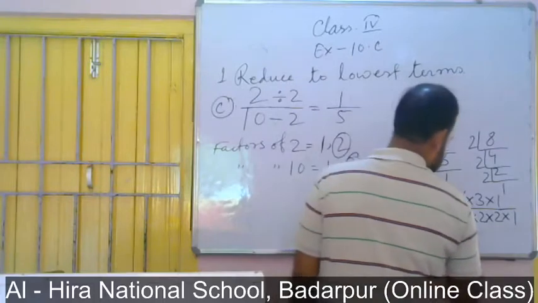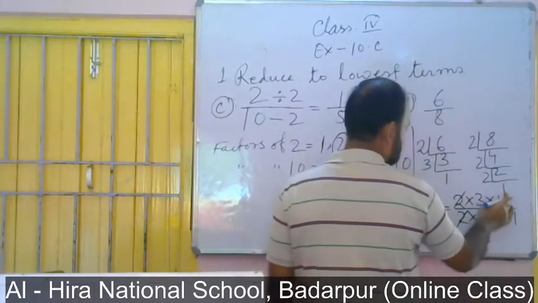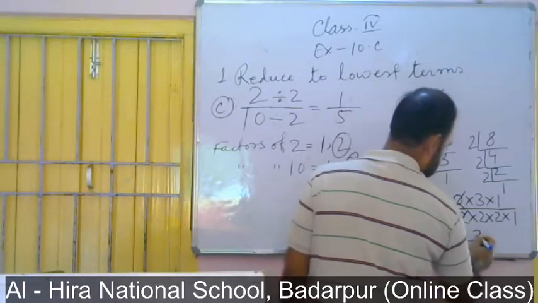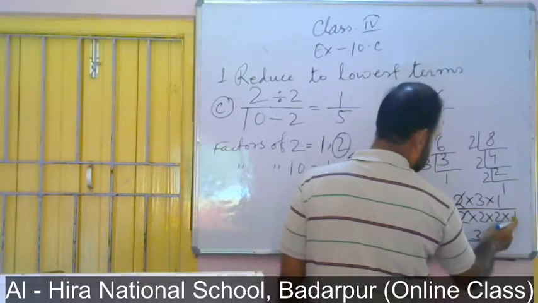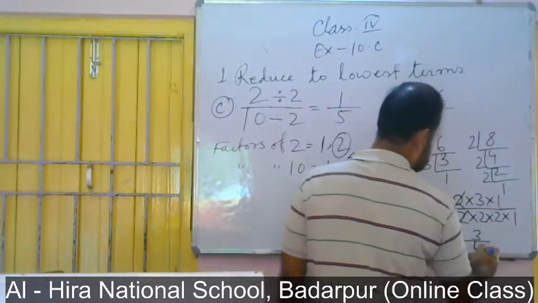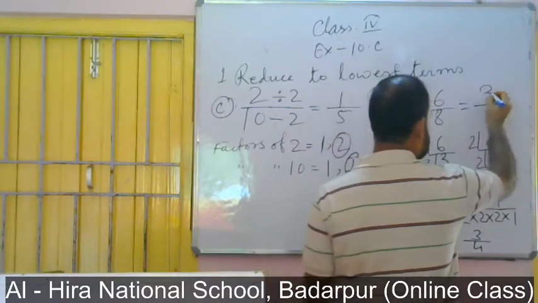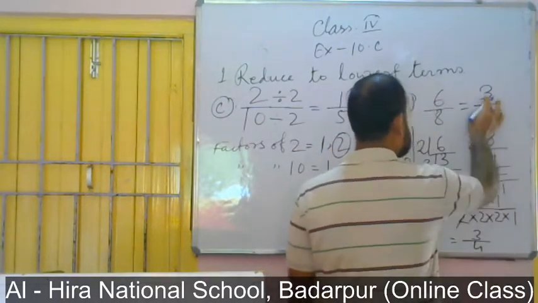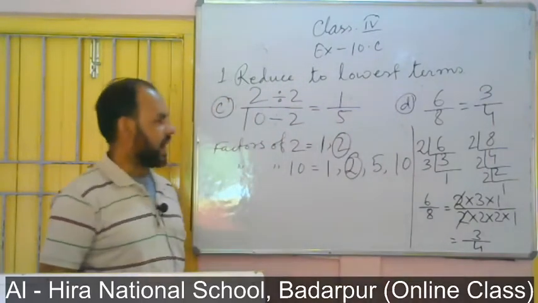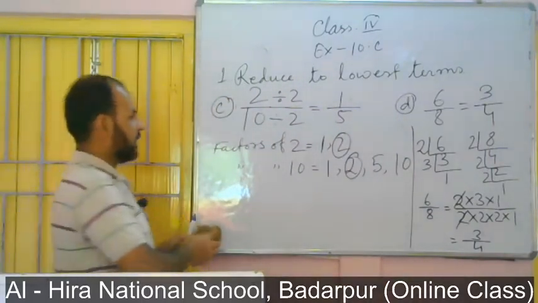So here remain 3 times 1 is 3 and 2 times 2 is 4. So the lowest term equals 3 by 4. Lowest term is 3 by 4. Next,